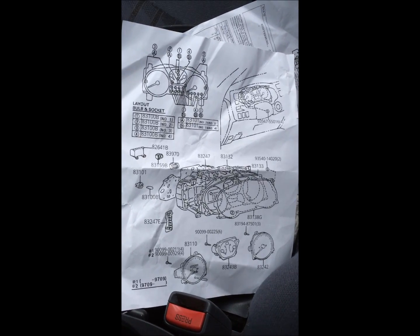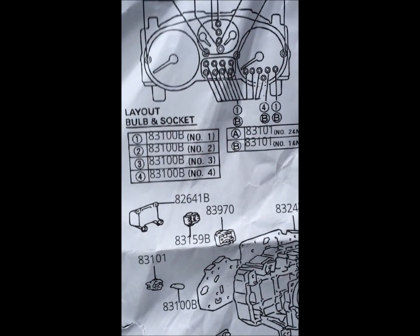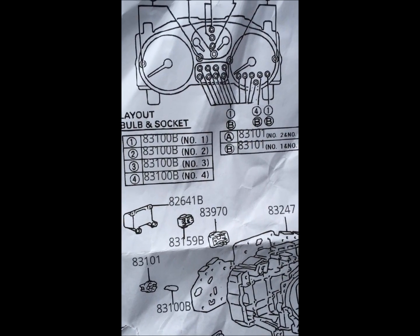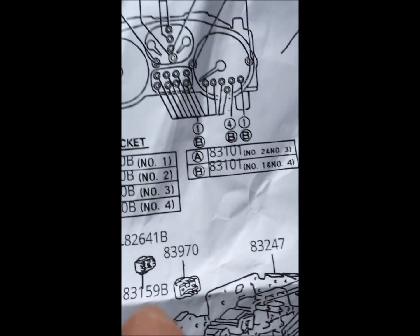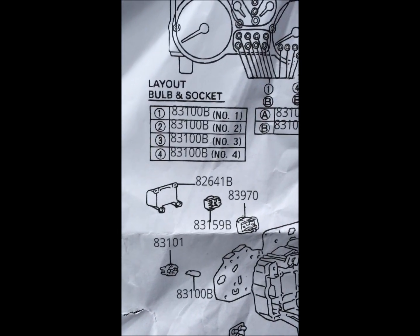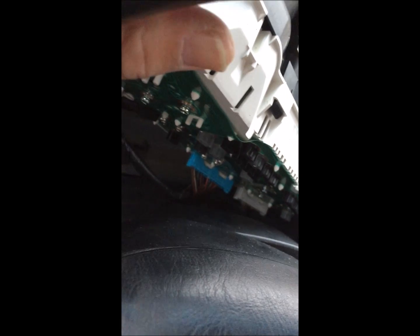dash cluster, and it shows there's only 2 different types of bulbs. There's the 83101s, which is what I purchased, and then there's the 83100Bs, which I believe are the smaller, maybe dummy lights that you might have to change out. I don't have to change those out. They all seem to be working for me, but the